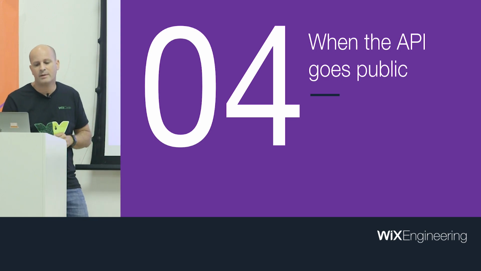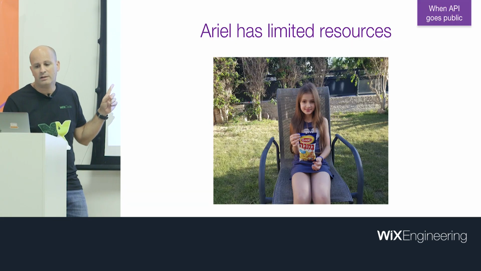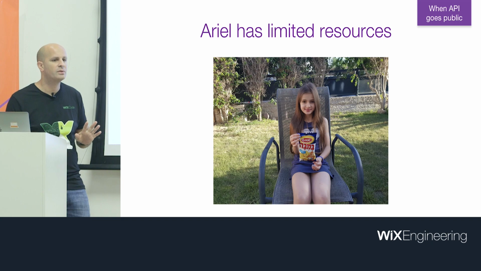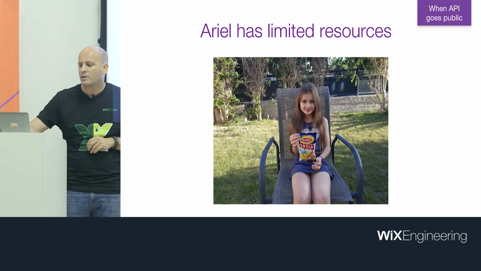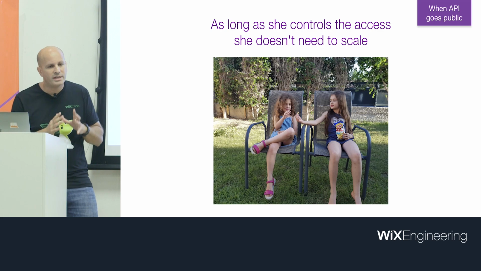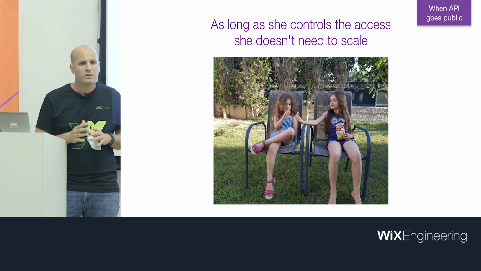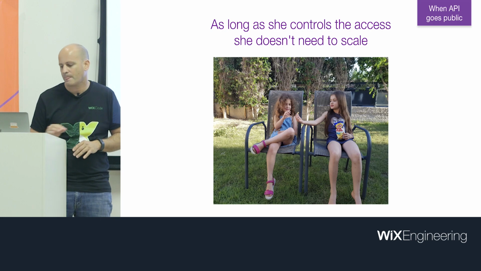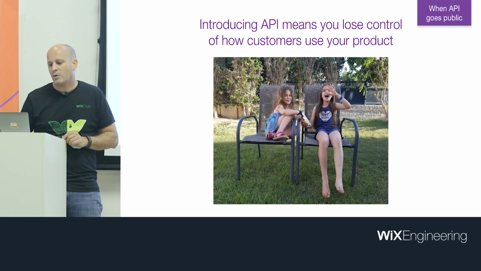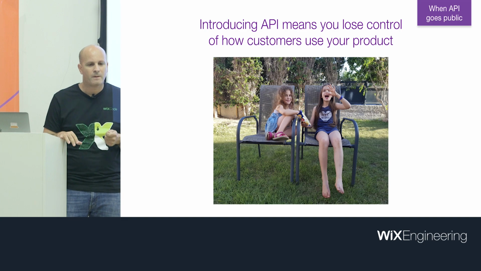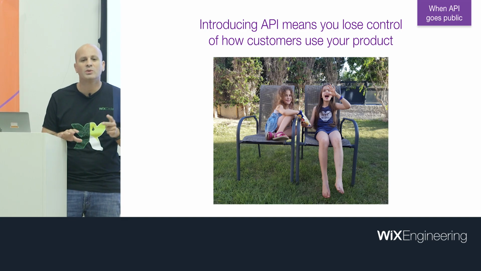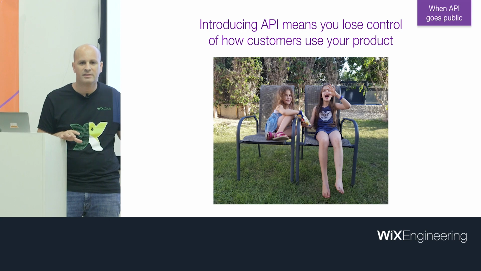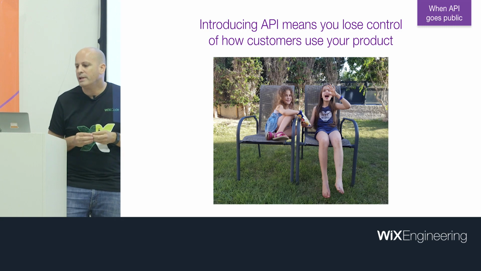And we'll use, again, an example. So this is Ariel. She has limited resources, as you can see. As long as she controls the access, she doesn't need to scale. She can continue doing whatever she did before. When she introduces an API, two things happen. First, she loses control of what her little sister does. And second, she cannot really